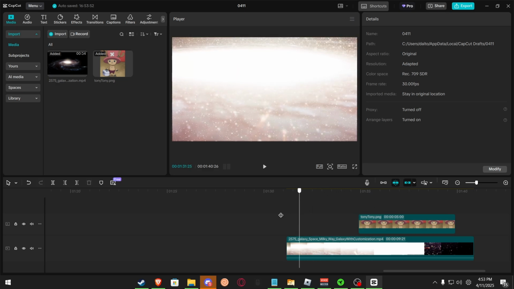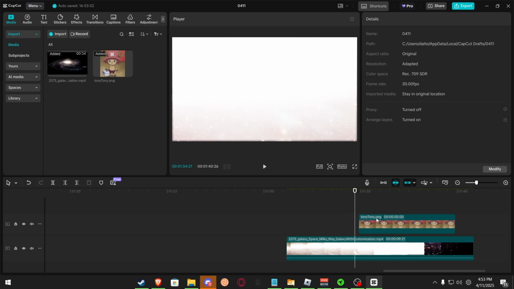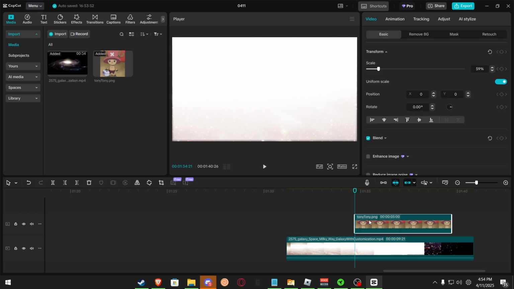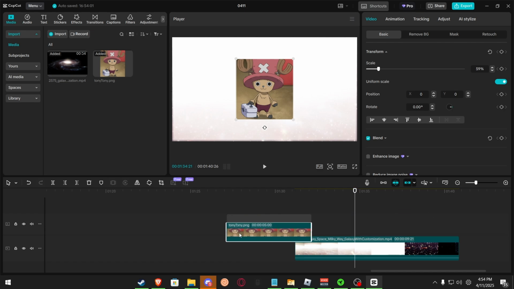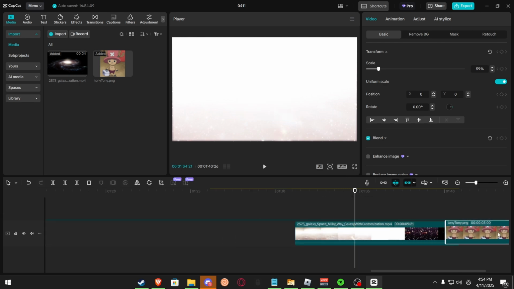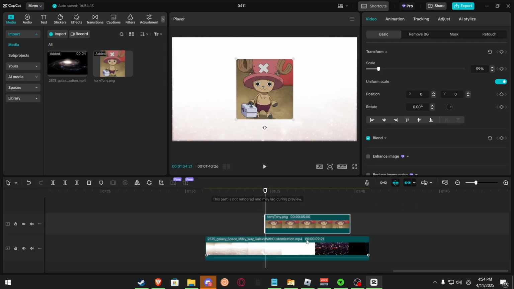So say you wanted to line it up perfectly with right here. This is the exact moment right here. You just drag it, boom. And you can also do this with the end or beginning of clips. Say I want it to be exactly in front of this one, boom. Or I want it to be after, I can do it like this, boom. But I'm going to keep it right here because I want it to start off invisible right around here.